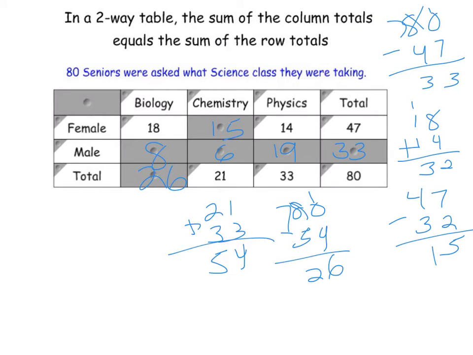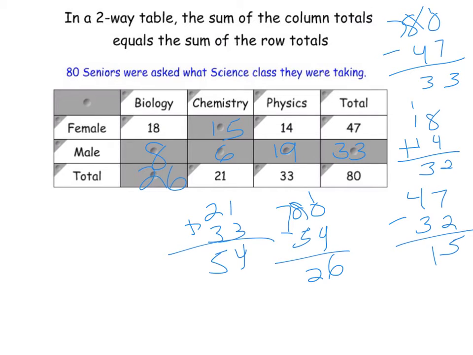So the key that you want to remember here with the two-way tables is what it says in bold at the top. It says in a two-way table, the sum of the column totals equal the sum of the row totals. So the way to check this is once you have them all filled in, you can add going across horizontally and then up and down vertically. And you should get the total that is in the bottom of each one or on the side of each